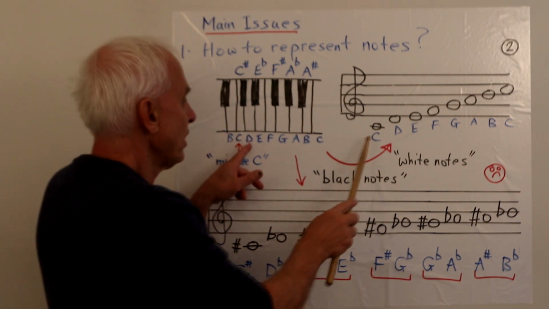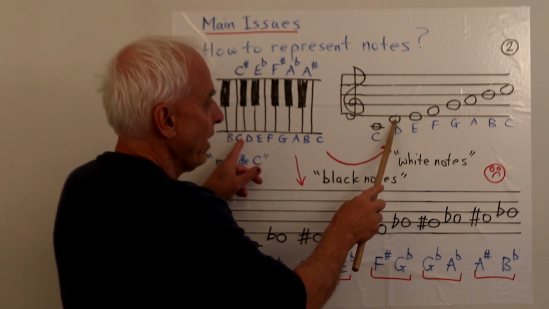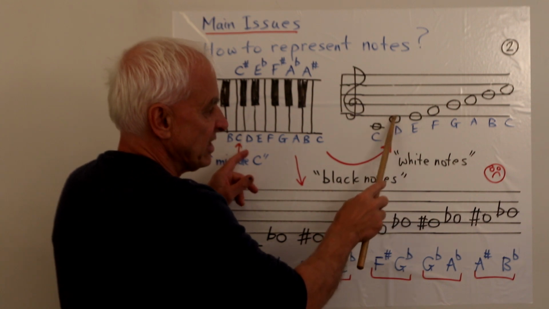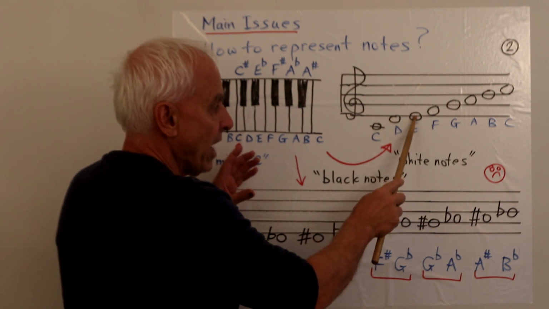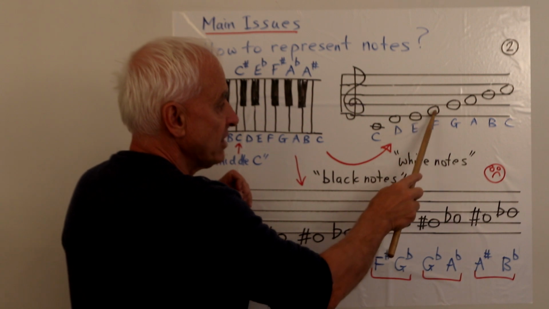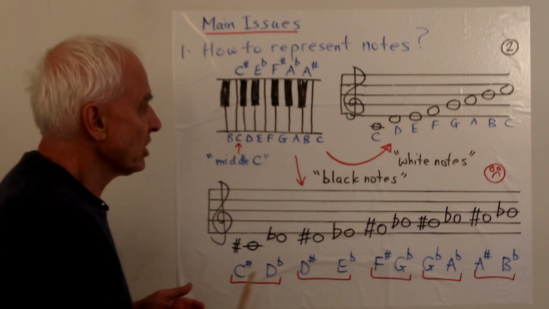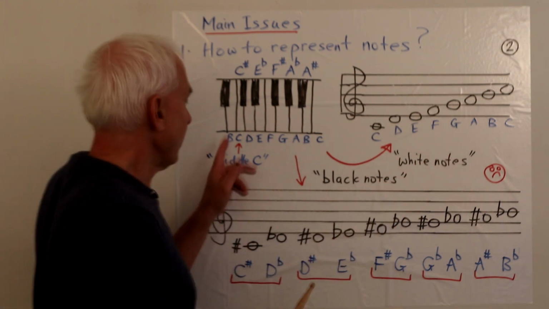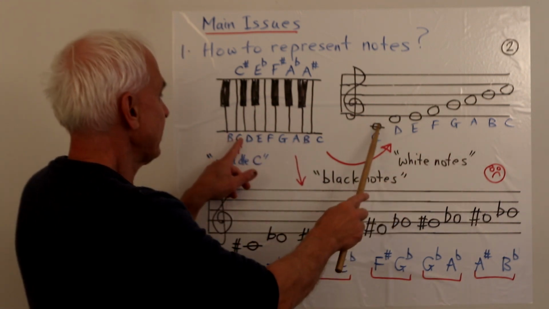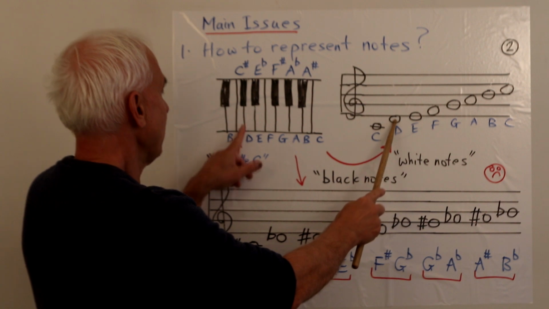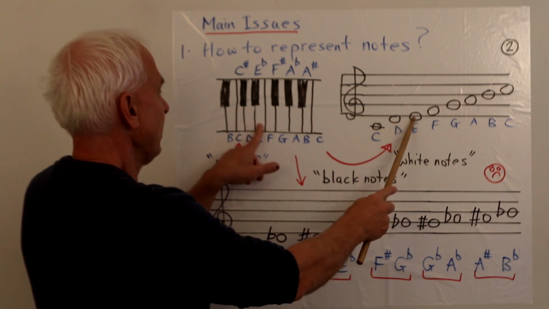And then what we do is we go up one, either going to a space between lines or on a line itself. So space, line, space, line, space, line, space, etc. And we're just marching up the white notes here. So that's representing C. This thing here is representing that note. This E representing that.